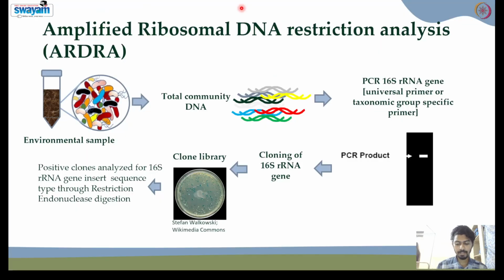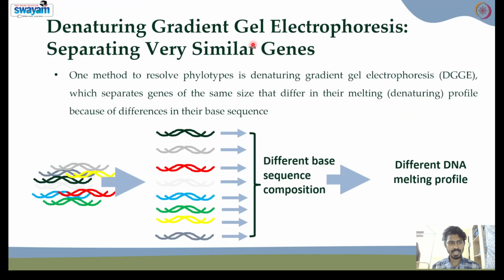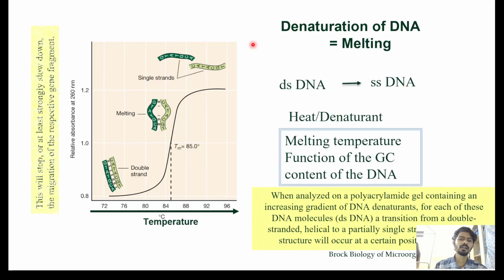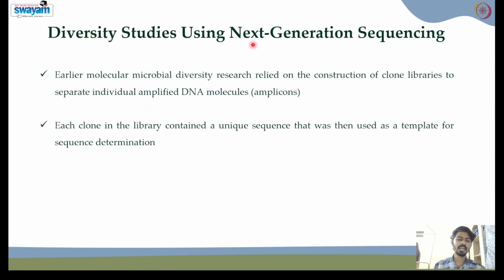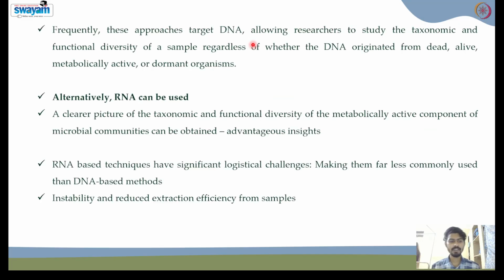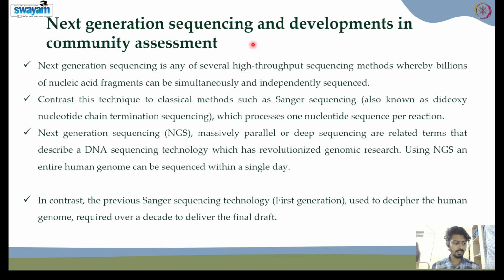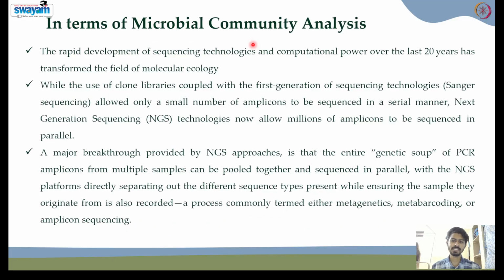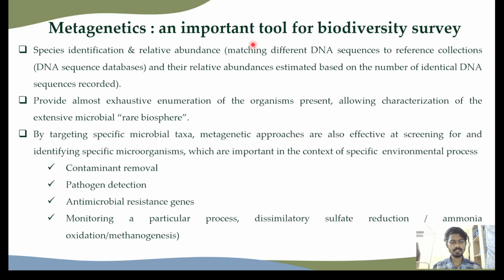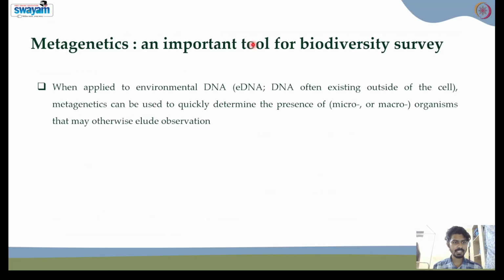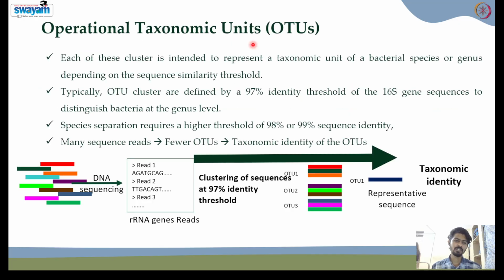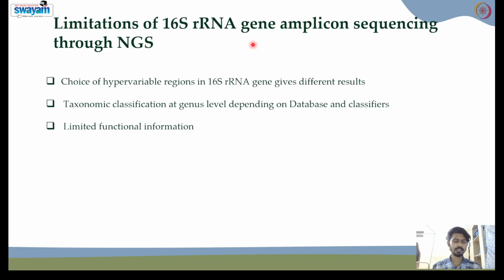Where we have seen the amplified ribosomal DNA restriction analysis and other techniques, denaturing gradient gel electrophoresis. Then we have seen next generation sequencing, where we have discussed various traditional sequencing like Sanger sequencing. Then we have seen the evolution, first gen, second gen, and third gen, and how it is correlated with the microbial community analysis. And we have seen the metagenetics, what are their advantages, and how it is done,